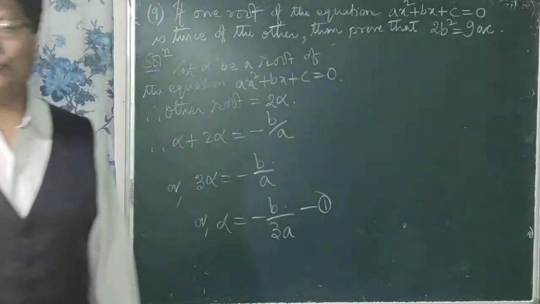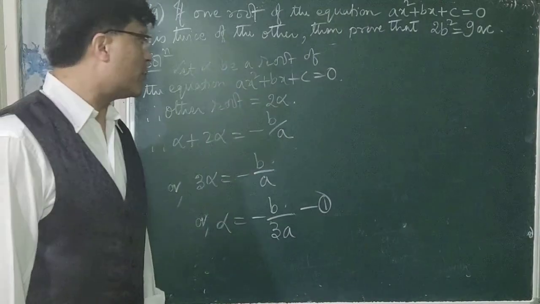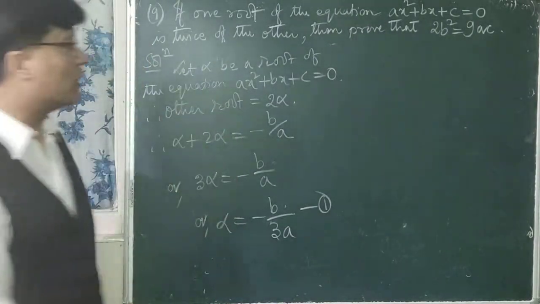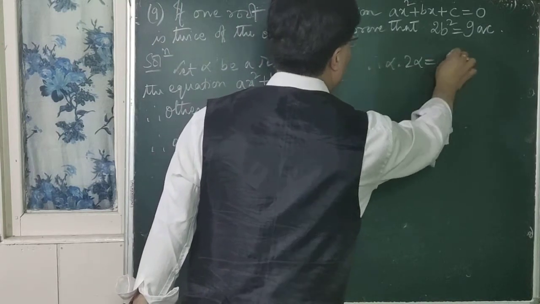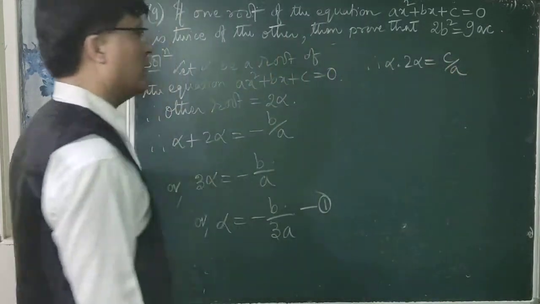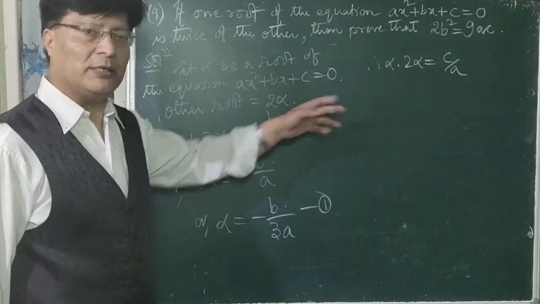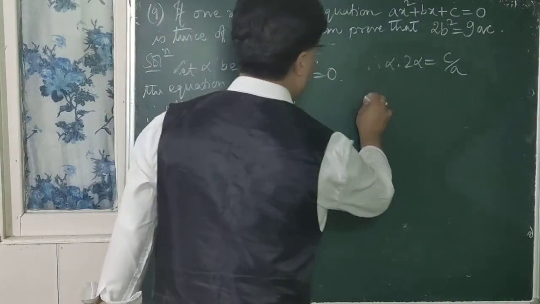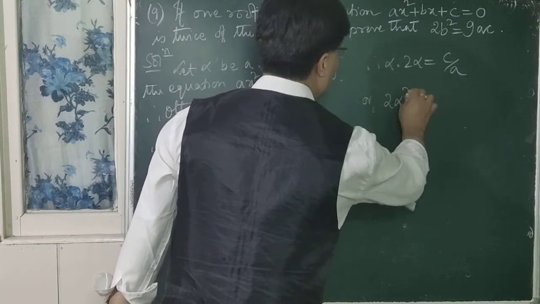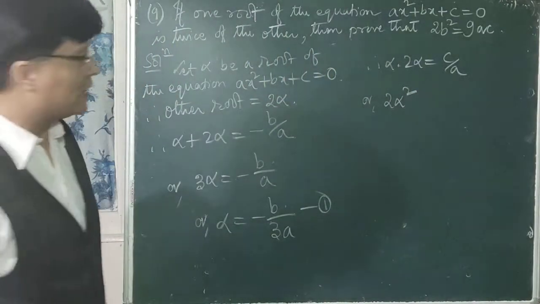So now you should know the product of the roots. What is the product of the roots now? Alpha into 2 alpha. Therefore alpha into 2 alpha is equal to, what is the formula? C by a. Here C is C and A is A only. So it is same formula, C upon A. So or 2 into, what is alpha into alpha? Alpha square